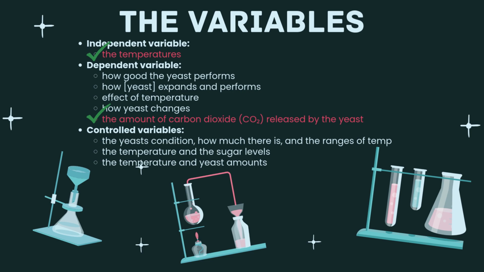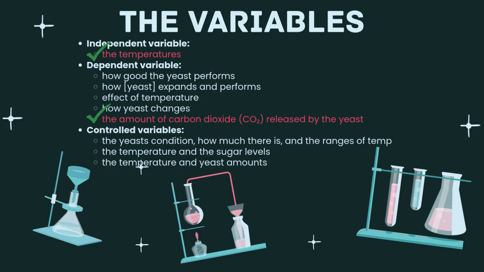How yeast expands and performs, that's true, we are looking at that, but how are we going to measure that? Well, we measure it through the amount of carbon dioxide that the yeast is releasing. And so I think this is a more specific and accurate dependent variable that we can test realistically in our